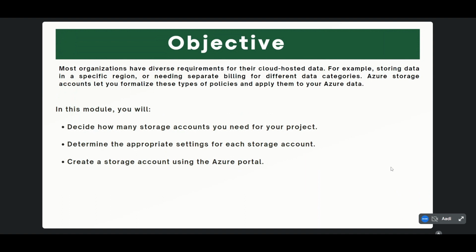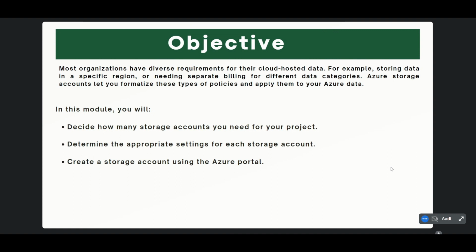So this data is only accessed by your main factory, right? So you would like to store it in a nearby data center, and the cost for this storage is also managed only by the manufacturing department. And the other one, let's say you also have a sales group that creates cookie recipe and baking videos to promote your product to the customers. So this is the information that we want to show to our customers. So your priority for this data should be low cost. So this storage must be managed by the sales team.